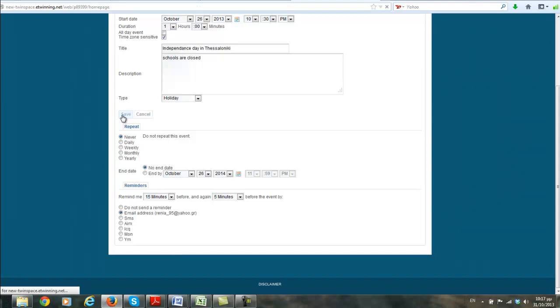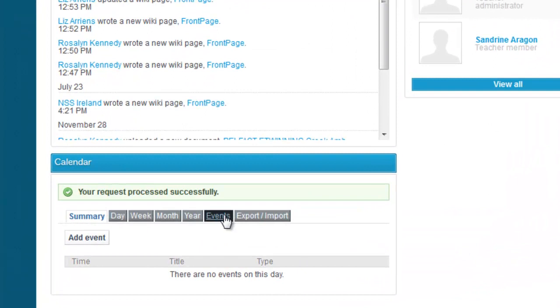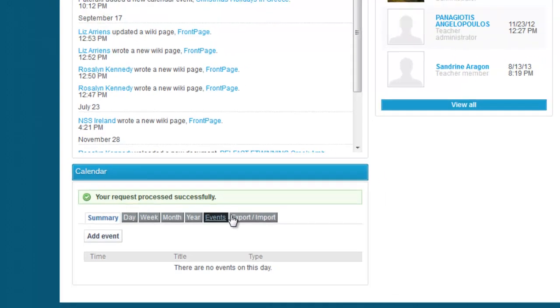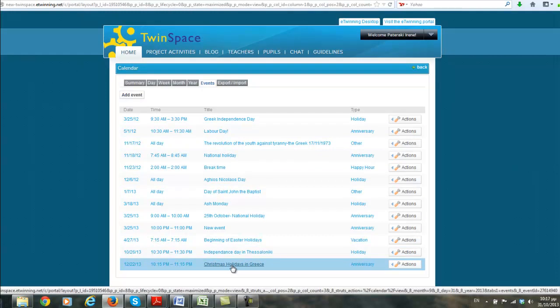So now, if you want to see all the events in your TwinSpace, you can just click on events, and here you will see all the events that were created by other partners in this project.